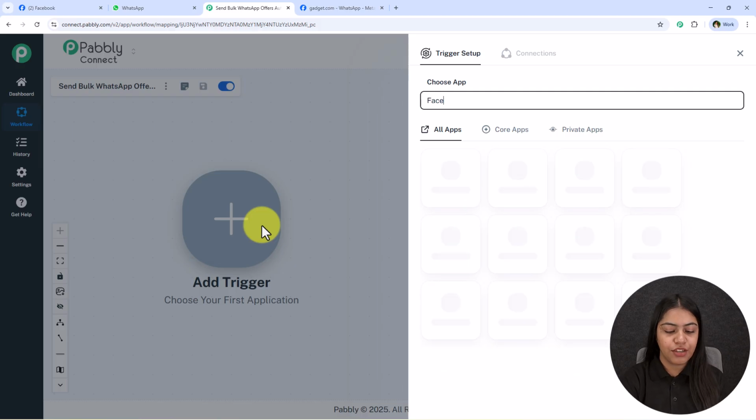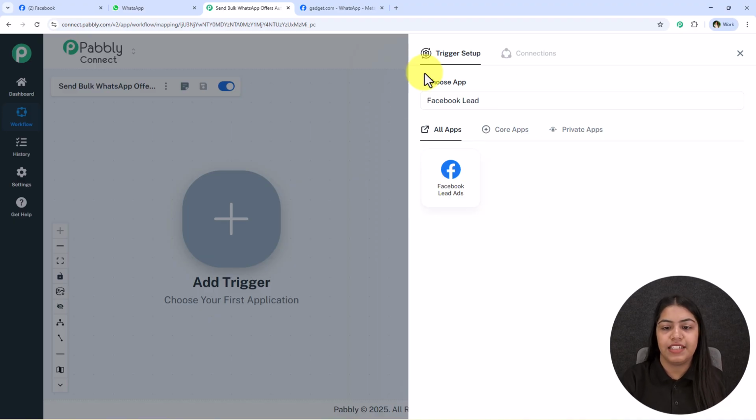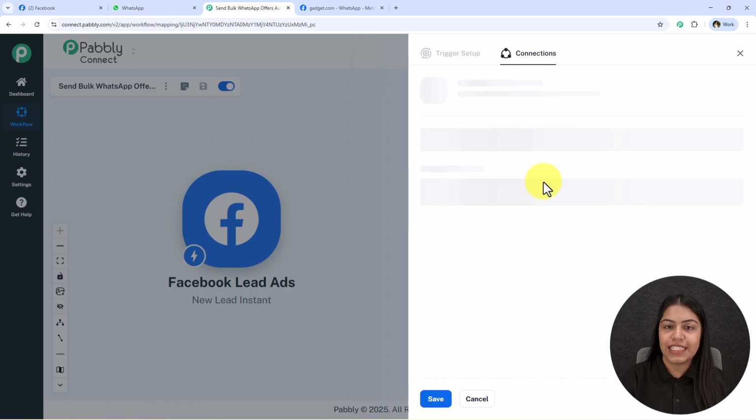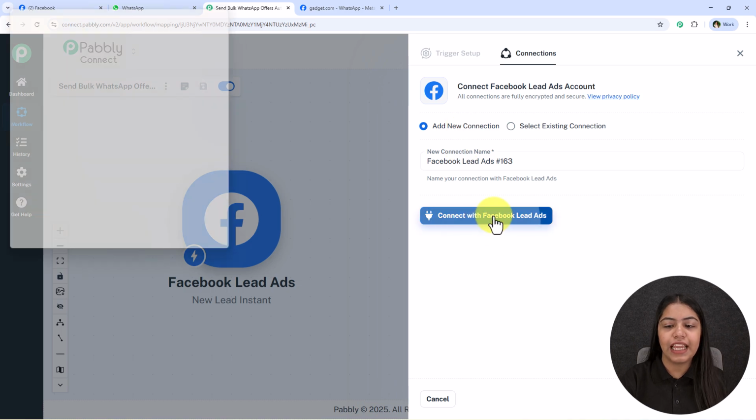For the trigger application, we have to search for Facebook lead ads because we want to send bulk messages to Facebook lead ads. So let's select it. For the event, we have to select new lead instant and click on this connect. If you have already created a connection between Facebook lead ads and Pabbly Connect, click on this select existing connection and then save. But if you haven't, follow me, click on add a new connection and then connect with Facebook